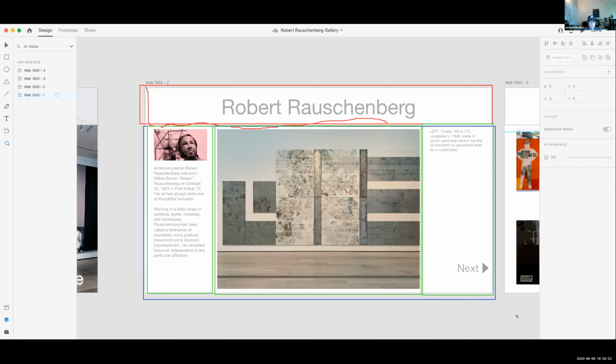I'll use orange. So you're going to have bio image, bio, and then what you can do for this one is you have this section which contains the caption for the image, right? And then this one would contain your button that's for next. Right. So you got header, wrapper,